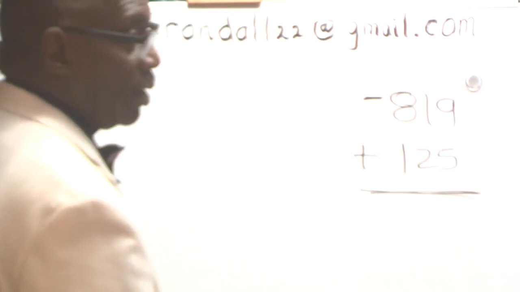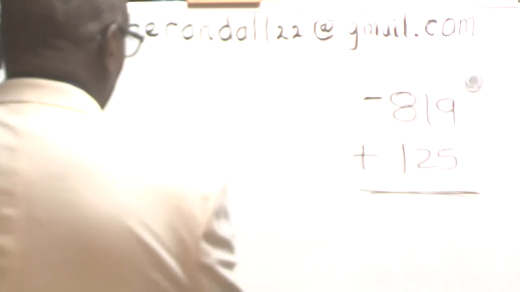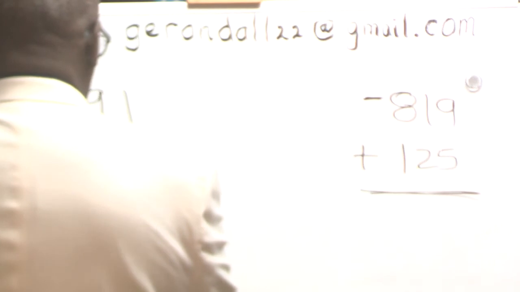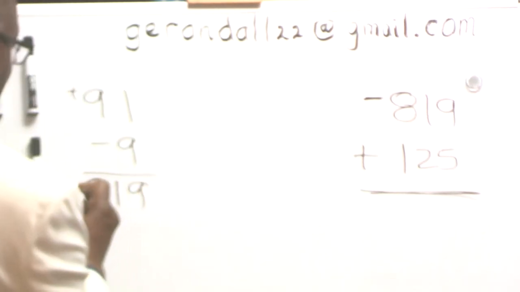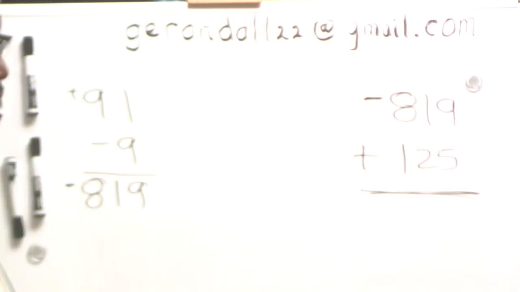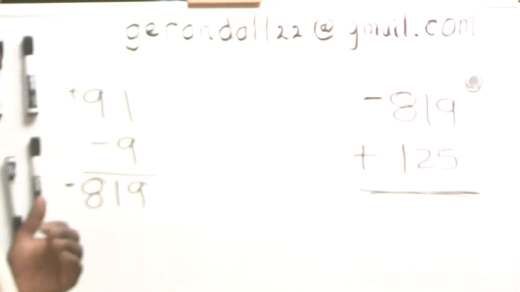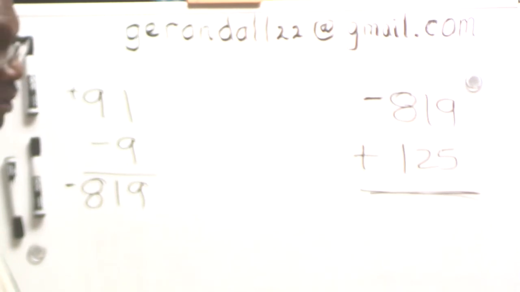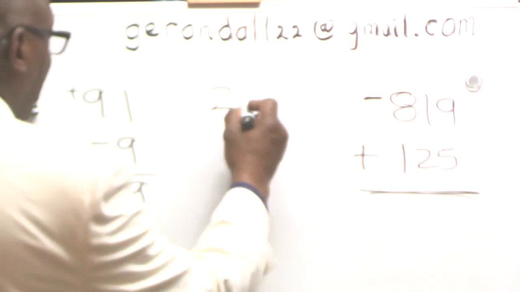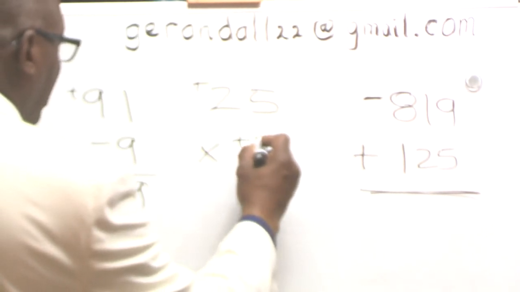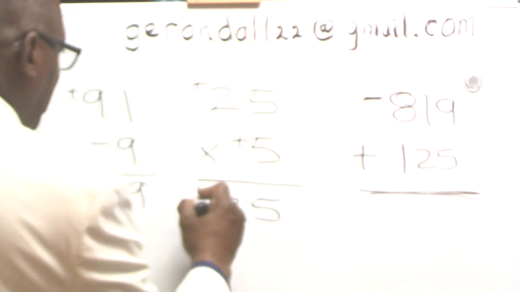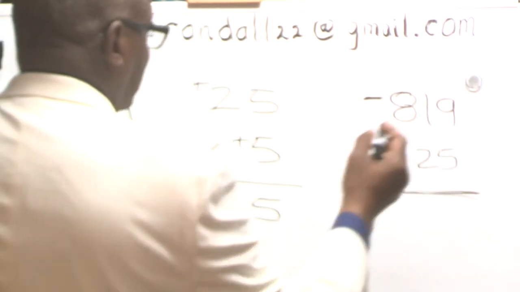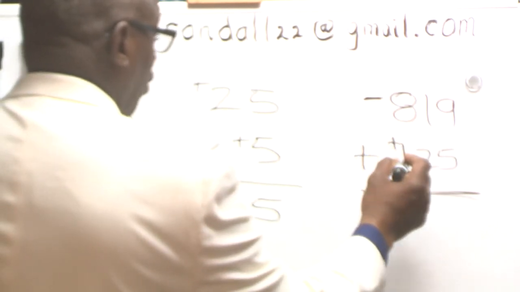And I throw this in here because you're going to eventually get, in all shapes and forms, order of operations. First thing that we did, let's look at it. We had 91, which was positive, times a negative 9. And that was 819. And that was a negative 819. Now, in the next step, when you're reading the problem, it could say, multiply a negative 9 times a positive 91 and add, we had 5 times 25, and it was 25 positive times a positive 5. And that was a positive. And then add